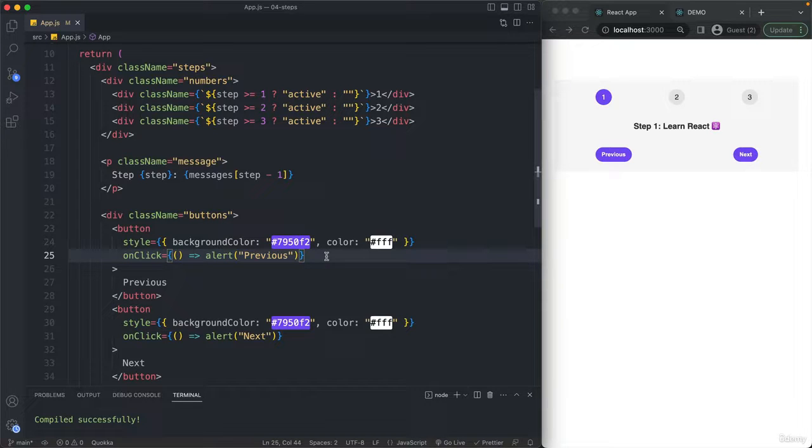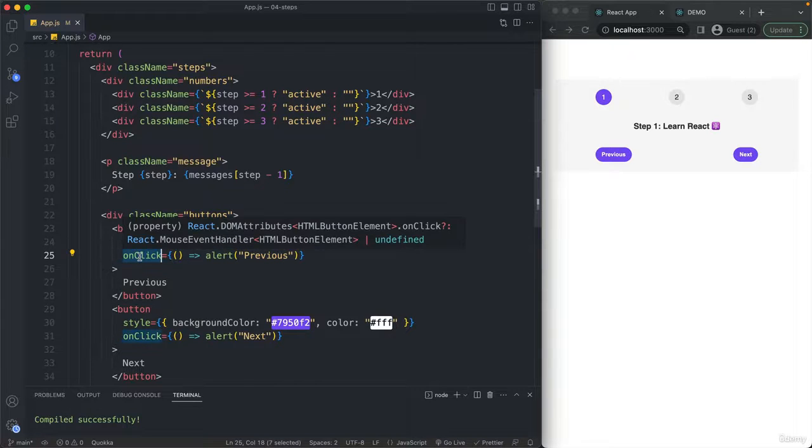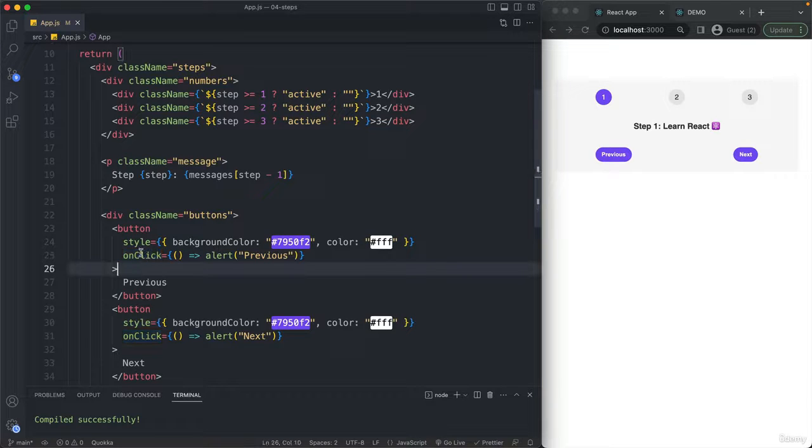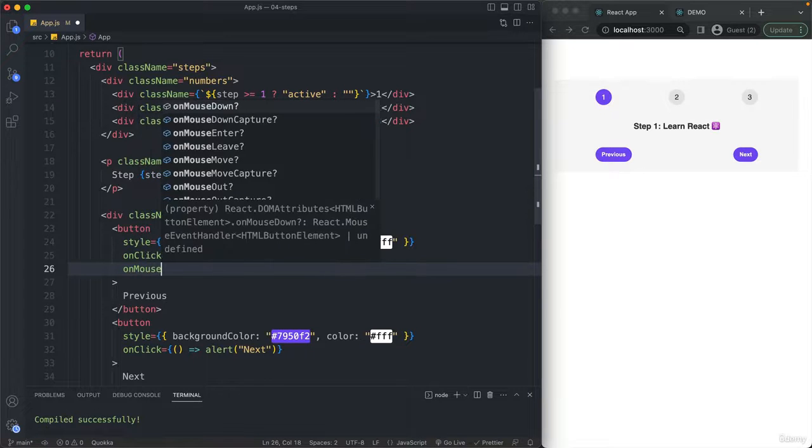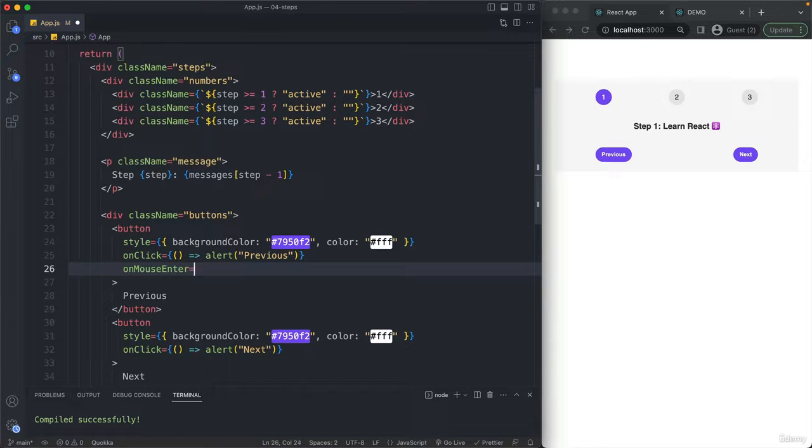No addEventListeners, but instead we specify an event listener function directly on the element using, in this case, the onClick prop. But it could be any other event as well. So we can specify another event handler. So let's use the onMouseEnter. And so now here again, we need to specify a function. And it's really, really important to understand that it is not a function call, but really a function. So we cannot simply write